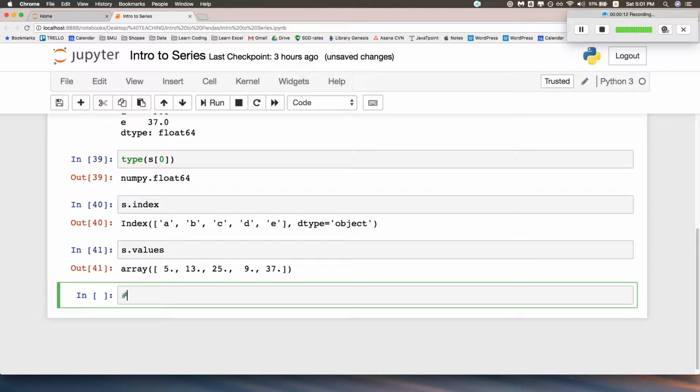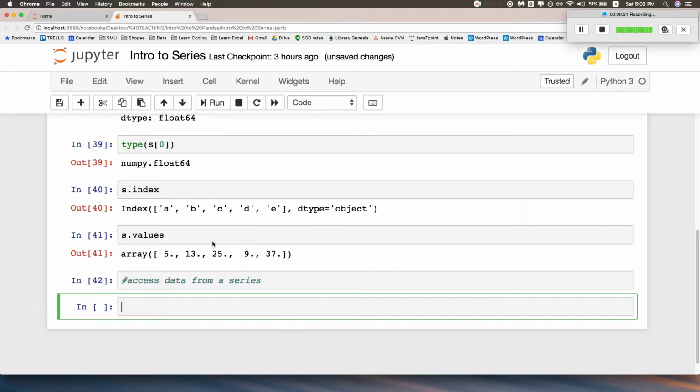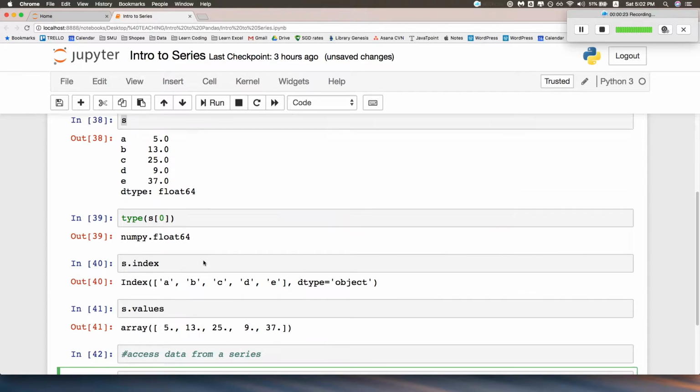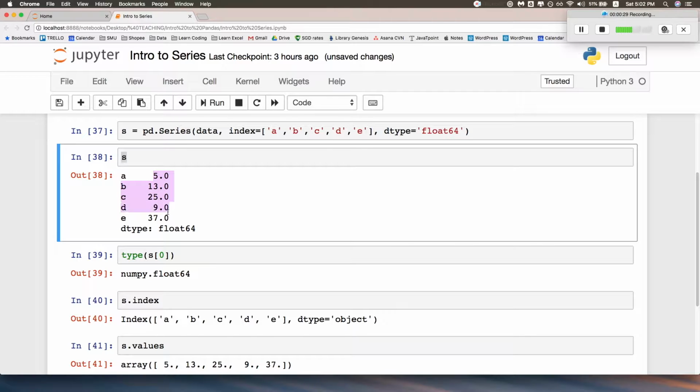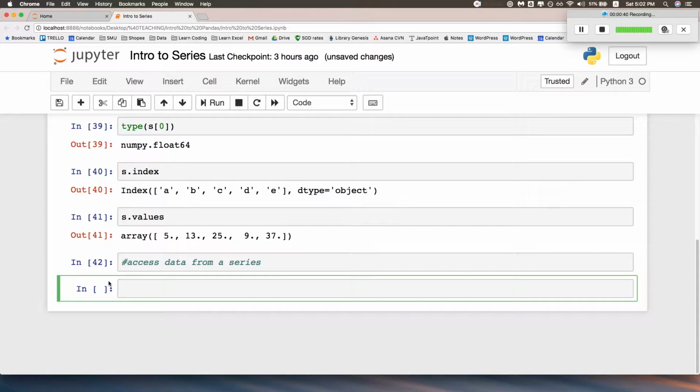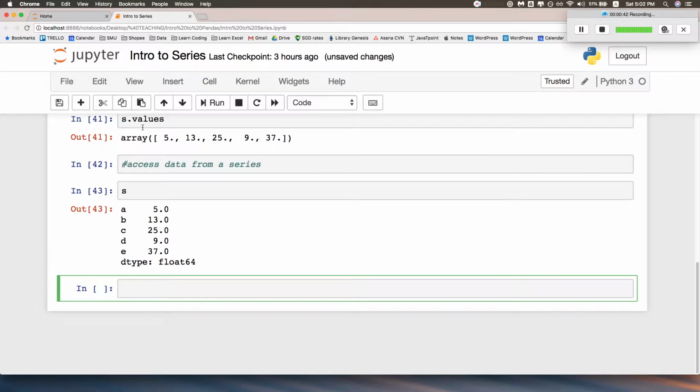First of all, we'll learn how to access data from a series. In the previous lecture, we created a series with float data type, whereby the data is 5.0, 13.0 to 37.0, and the index are A, B, C, D, E, with the dtype being float64. So let's just check it one more time, make sure that we are working with the